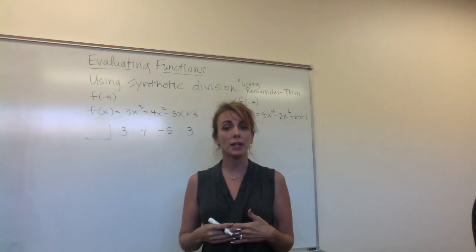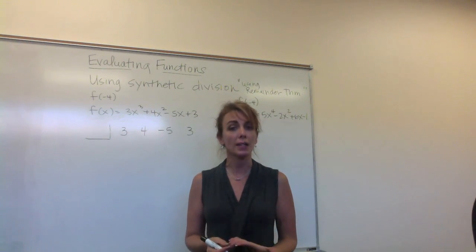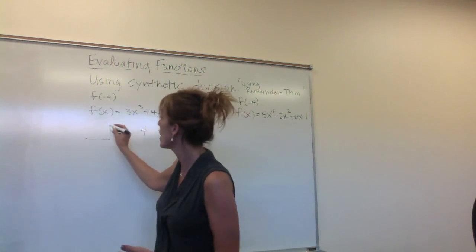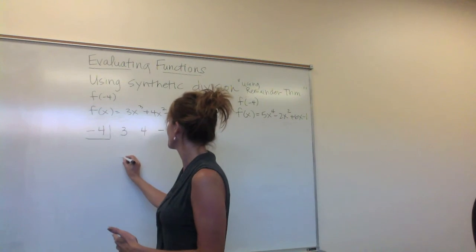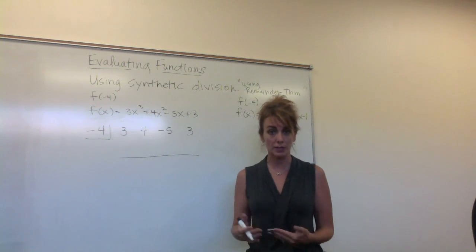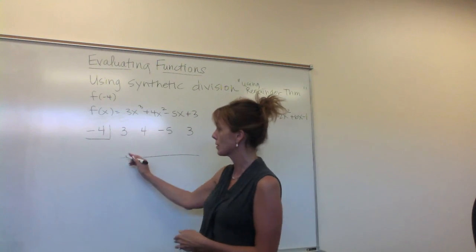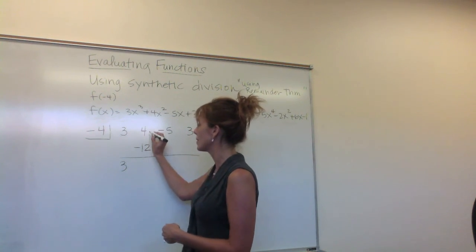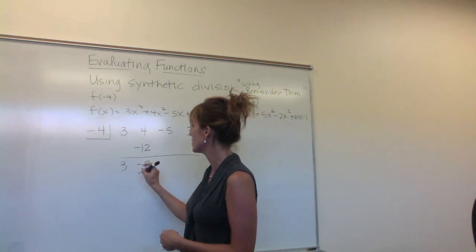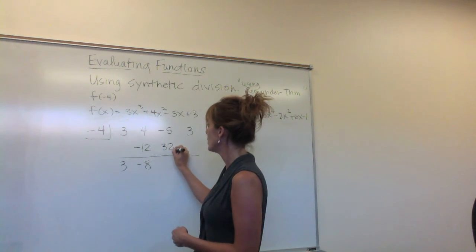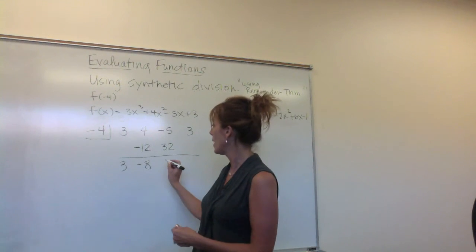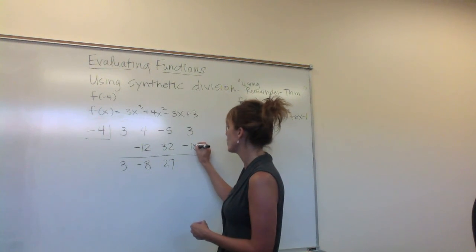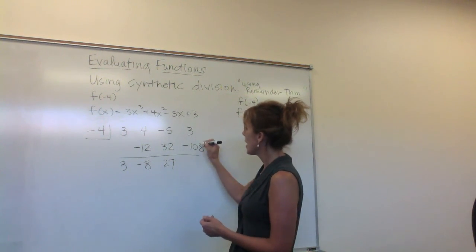Now, what goes in the box? Remember when we did synthetic division before, we solved for x and that value went in the box. Well, we already have x. X here is a -4, so that -4 goes in the box. Okay, so we're going to proceed through our synthetic division process. Remember, dropping the 3, multiplying by -4, get -12, adding the -12 and 4 to get -8, multiplying here to get 32, adding 32 plus -5 is 27, multiplying by -4, I believe that's -108, and then adding here, so we get